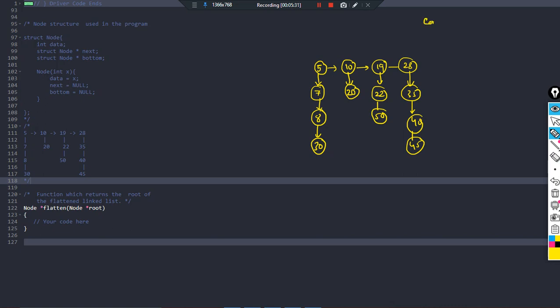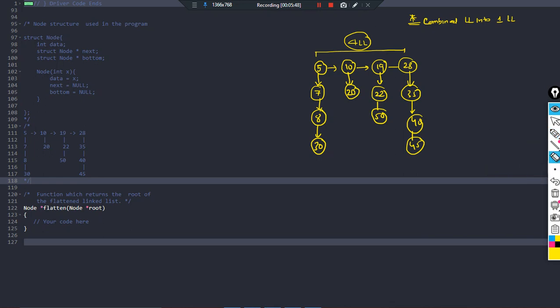Now we understood that we basically have to combine them into one. So we basically have to combine the linked lists into one linked list, right? This is what we have to do. How many linked lists are present here right now? We have 4 linked lists. Let us do one thing. Let us simplify the particular problem.